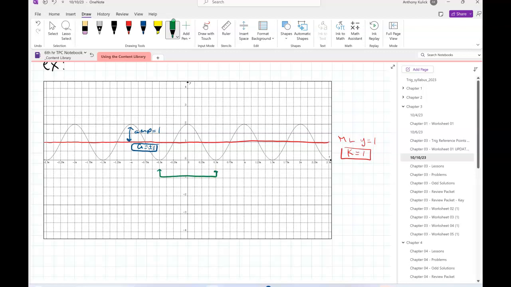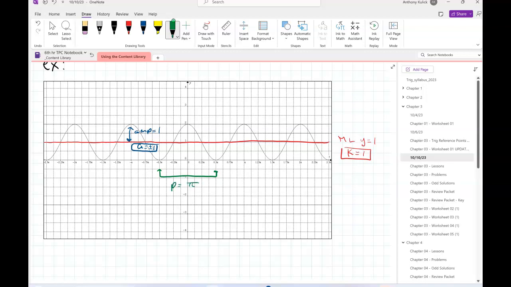You can go from max to max. You can do midline to the next one, and then two midlines later or whatever. When I'm given a bunch of periods like this, I like to just go max to max or min to min, because it's really easy to identify where they're at. Is everybody okay there? So we're starting at negative half pi, and we go to positive half pi, so the period is